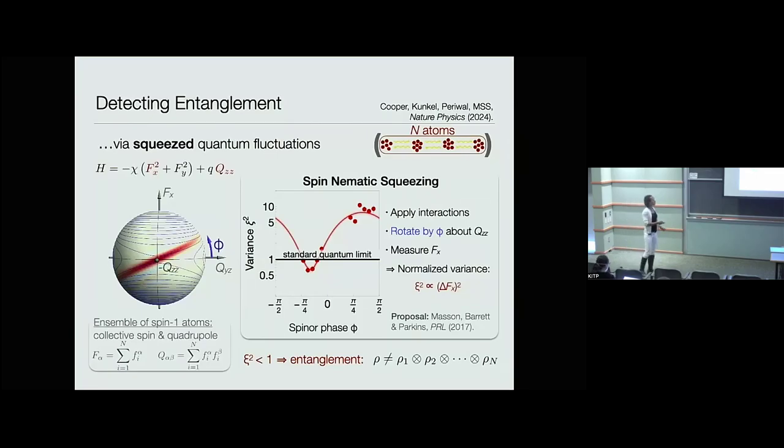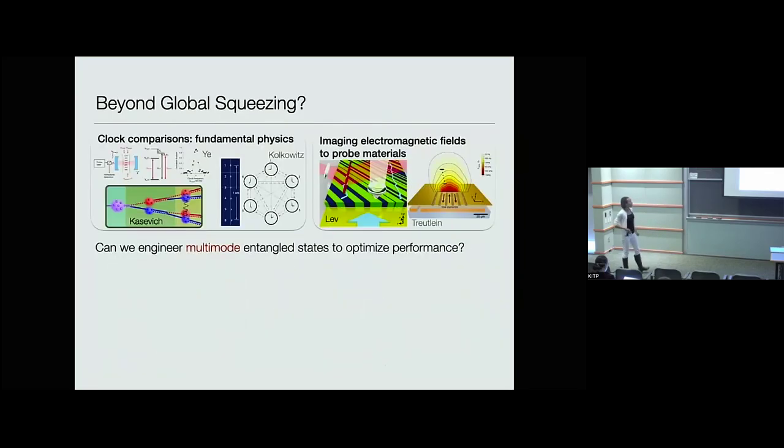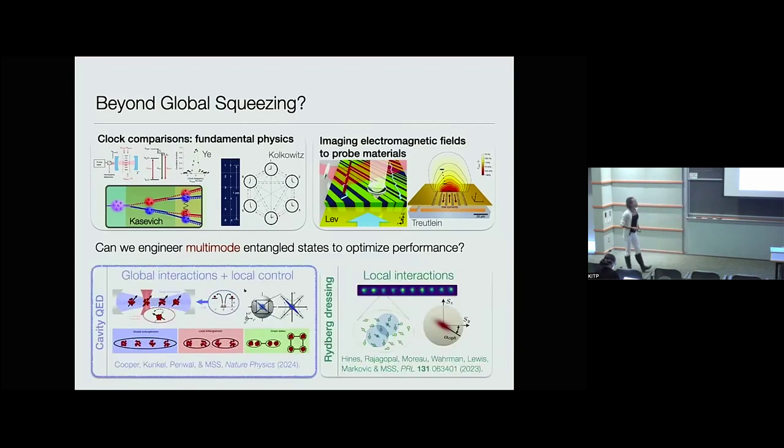So this is the first step of having global entanglement, but now we want to go in and start applying spatial control. Just to motivate that, why do you even care about spatial control? Some of the applications where we use atoms as quantum clocks or sensors can benefit from the ability to, for example, compare different clocks at different heights in the gravitational field, or sense something with spatial resolution, like imaging magnetic fields. To optimize the performance, multimodal entanglement can generally be a resource of interest.